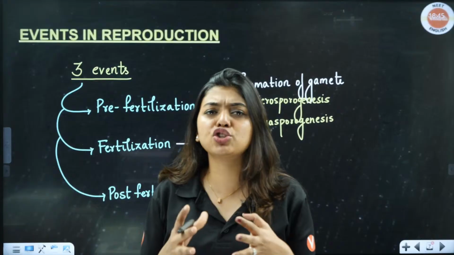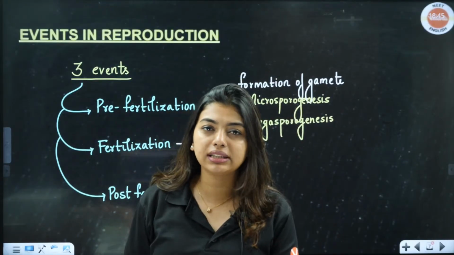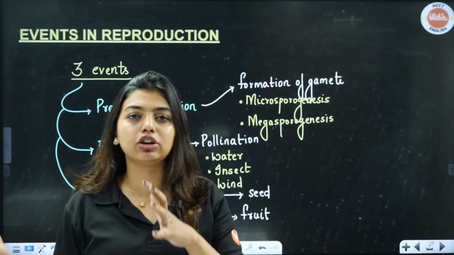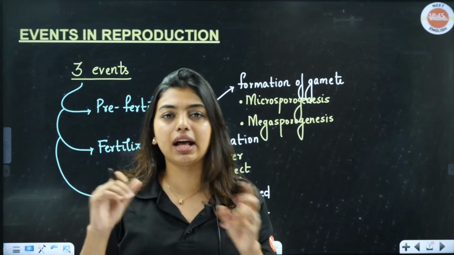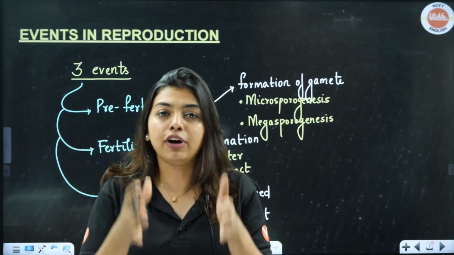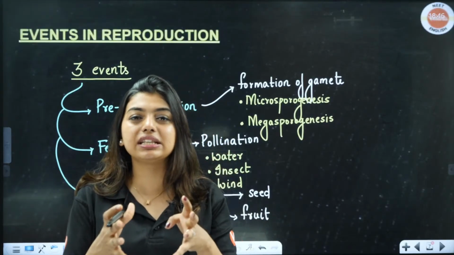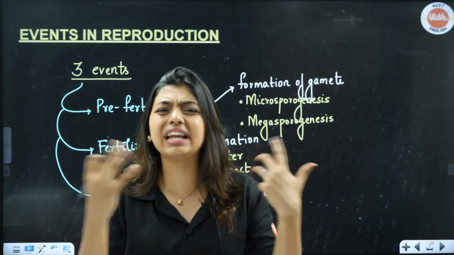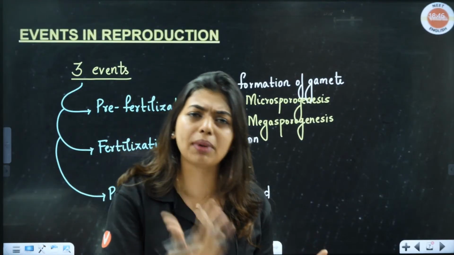Pre-fertilization means what, students? Before a marriage, people do a pre-wedding shoot, right. In the pre-wedding shoot, what happens is they tell you to save the date, this is the day that we are going to get married, and those kinds of photo shoots happen, okay. Photo shoots happen. What is the fertilization stage? It is where the actual wedding happens, right. Wedding happens means, just imagine any event, it could be a birthday, or an anniversary, or a marriage.